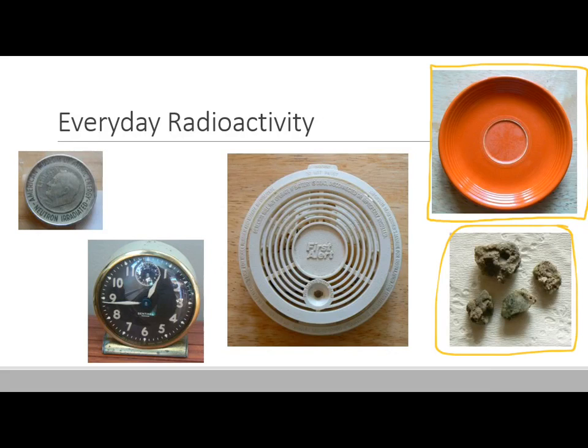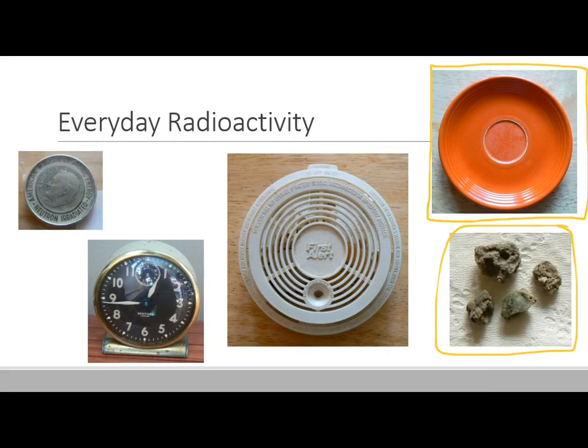Kind of crazy, especially because you can see where the glaze is kind of flaking off there in the center, and so you're actually ingesting little bits of uranium, and then it's radioactively decaying in your stomach and causing all kinds of damage. Or anytime you eat something that's acidic, like marinara sauce, it could start to dissolve the